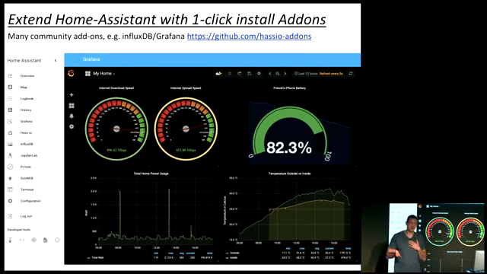But like I say, because Home Assistant's open source, you're not limited in the way they actually view the data that's being captured by it. And a real neat development of Home Assistant is this idea of add-ons. So basically, you have a kind of web store inside Home Assistant where you can, with a single click, install other services on the same Raspberry Pi and automatically configure them and link them in with Home Assistant.